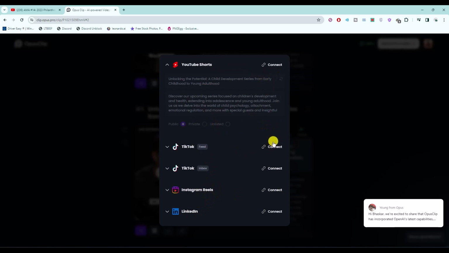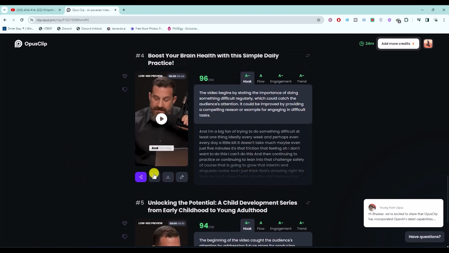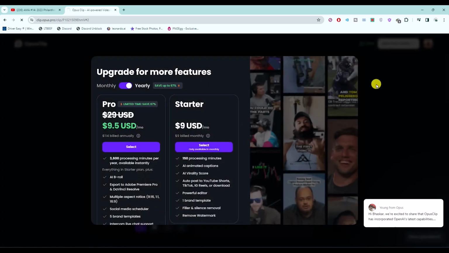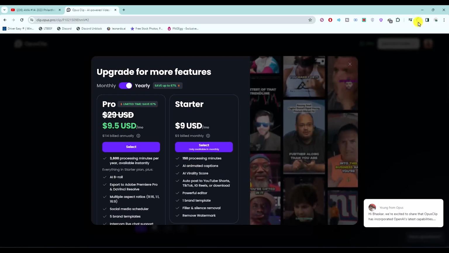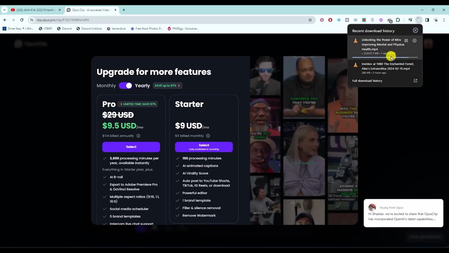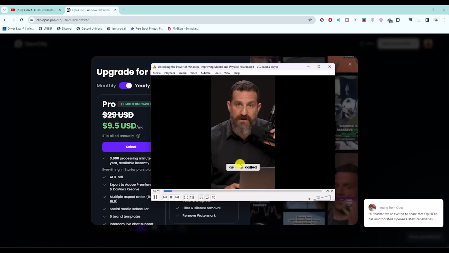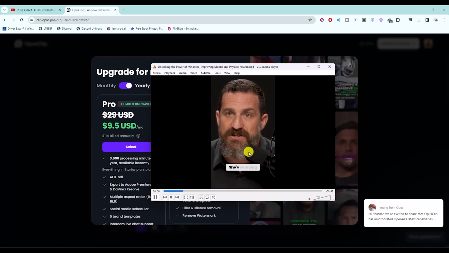And then after you have connected all of the platforms, you can directly upload your short form content to your respective platforms, or you can just simply download it manually by clicking on this download option and then complete the download process just like this. And when the video is downloaded, you can simply upload it manually on your respective platform, for example on YouTube Shorts. So as you can see, this is an example of a short clip that we just simply created from a